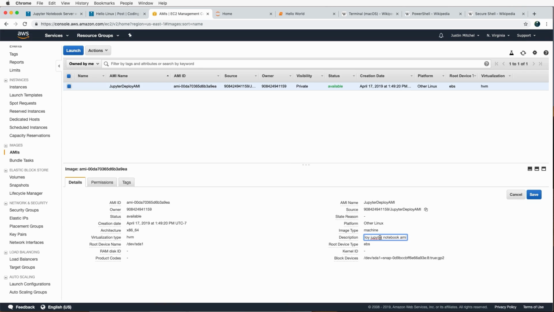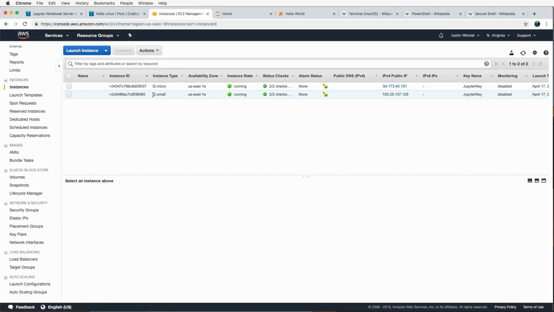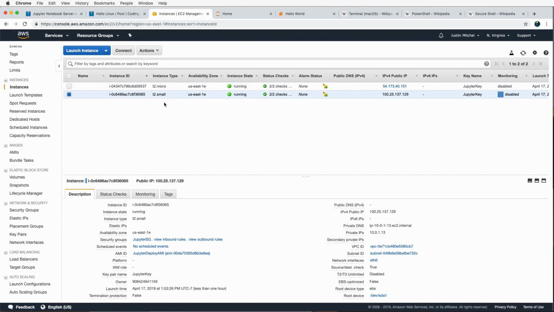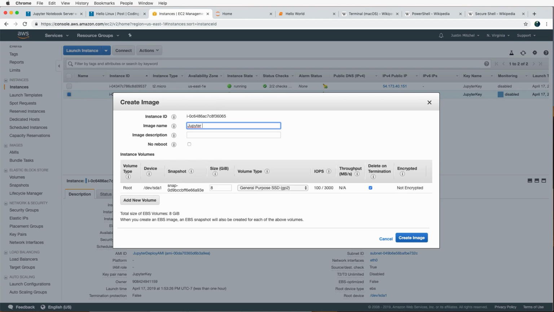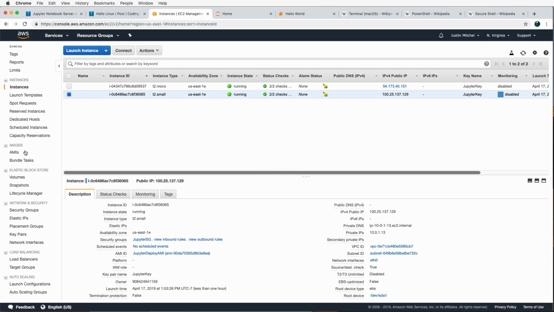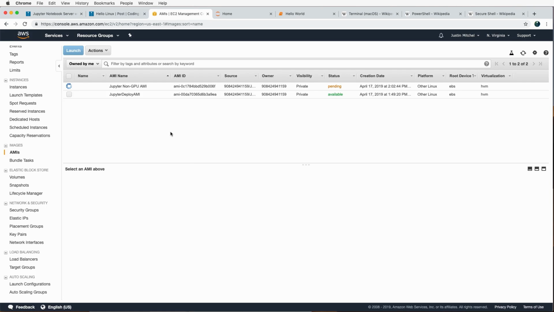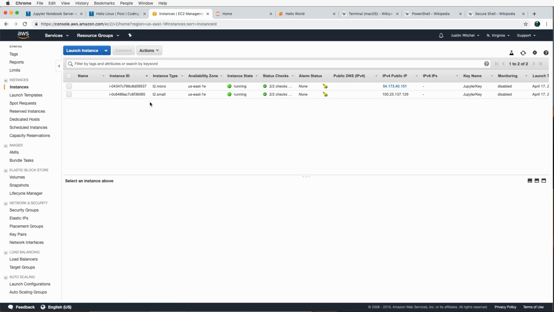So perhaps I change the description to be that, or I just make a brand new AMI from one of my currently running instances and just call it my Jupyter non-GPU instance, or rather AMI, not instance because it's actually an AMI. And same thing, right? Create that brand new, and you can do this as many times as you need. It's really cool. Really, really useful for reusing your actual setup